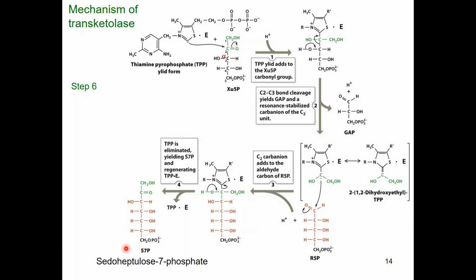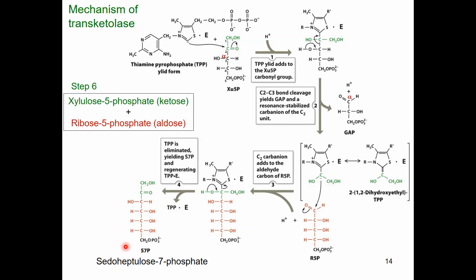So as a result of the reaction between xylulose 5-phosphate and ribose 5-phosphate, we form pseudoheptulose 7-phosphate and glyceraldehyde 3-phosphate. So the alpha carbon of the original xylulose 5-phosphate, the ketose that enters the reaction first, will be the first carbon, actually the carbon of the aldehyde group of glyceraldehyde 3-phosphate. So pseudoheptulose 7-phosphate and glyceraldehyde 3-phosphate will both proceed to step number 7 of the pentose phosphate pathway, which is